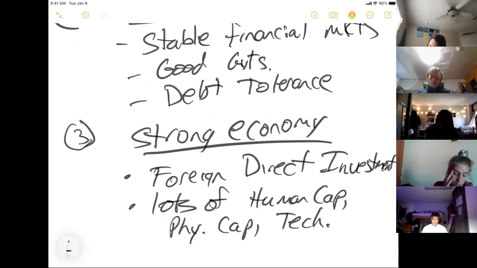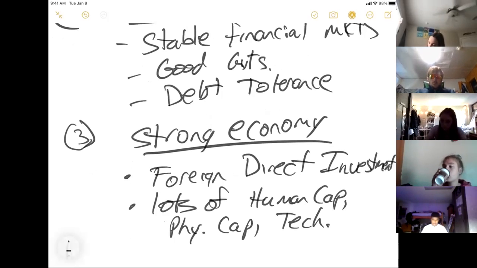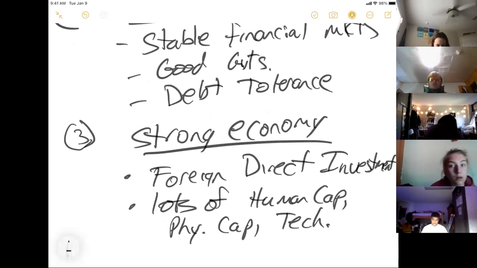So in many ways, though this seems kind of backwards, you would think that poor countries would be the biggest recipients of foreign direct investment because they need it. Well, yeah, but the more you need it, the less likely you are to get it. In some sense, the less you need it, the more likely you are to get foreign direct investment, because the less you need it, the more human capital, physical capital, and technology you already have. Yes, Mexico is much more in need of foreign direct investment, but who gets it? Well, the U.S., because we have a lot of the things that really attract firms to want to set up business,